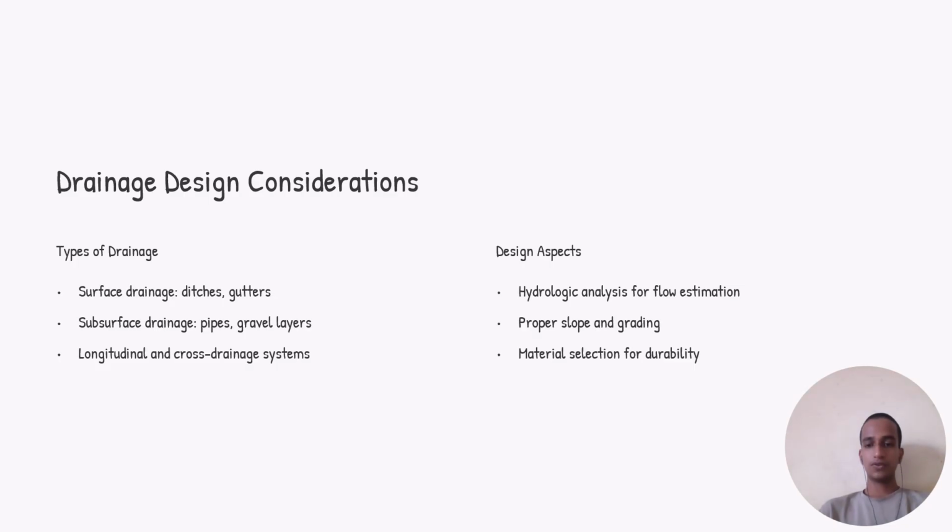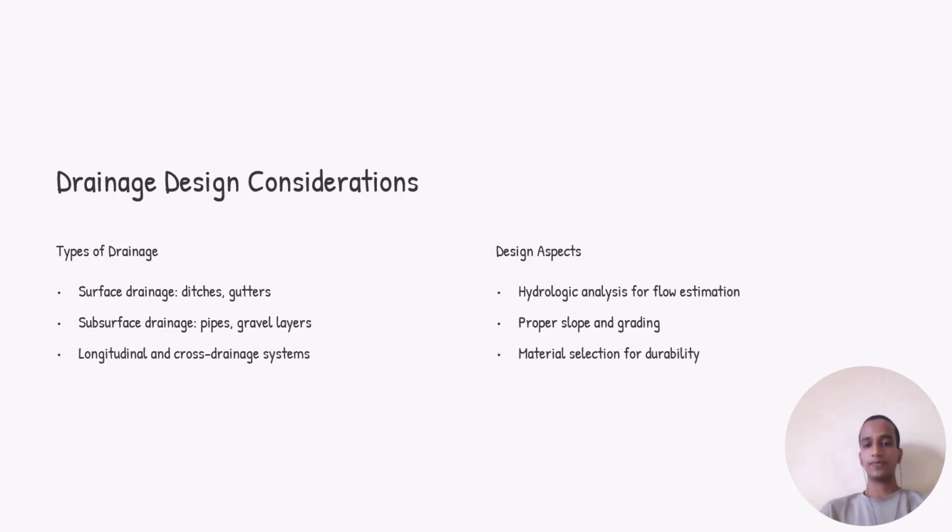There are various drainage design considerations we need to keep in mind while designing a drainage system. The first is types of drainage, meaning which type of drainage we are going to provide. First is surface drainage, like gutters, which is visible to man. The second is subsurface drainage, like pipes or gravels or layers. This reduces air pollution, and the smell is also reduced. And the last is the longitudinal and cross drainage systems, which is a mixture of the above mentioned,